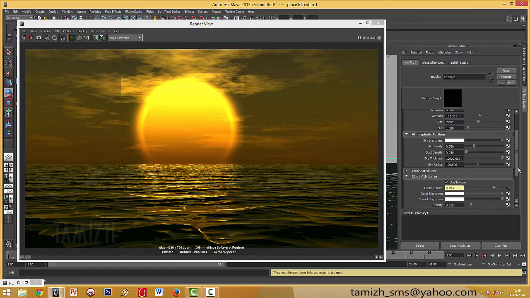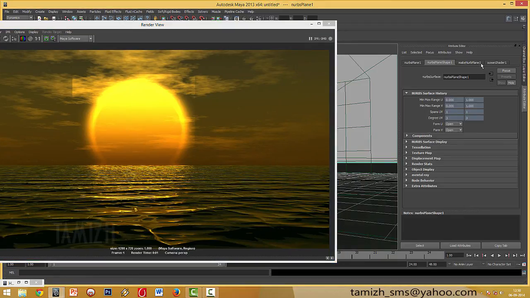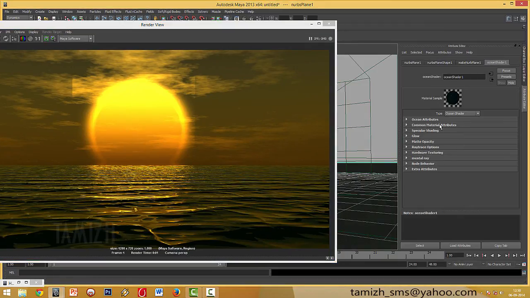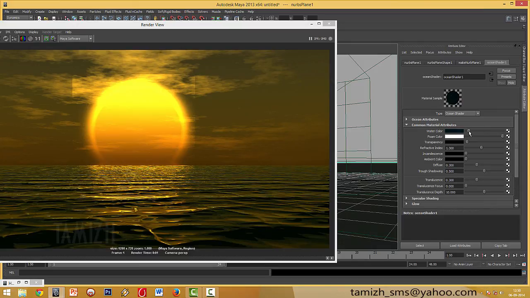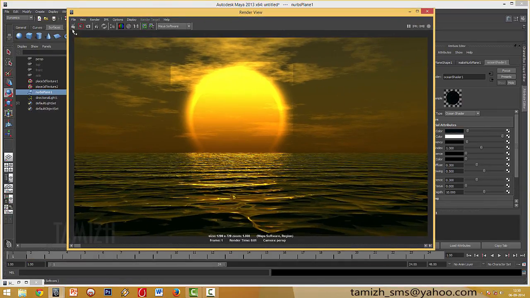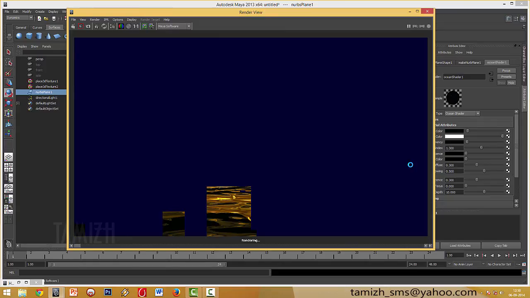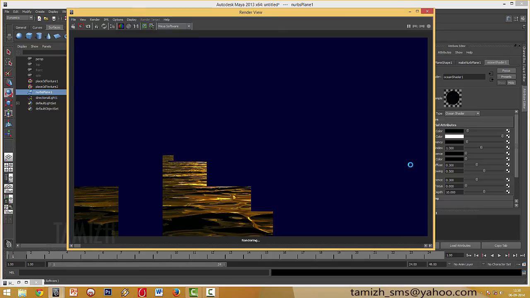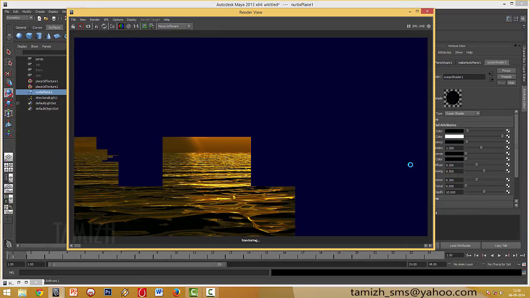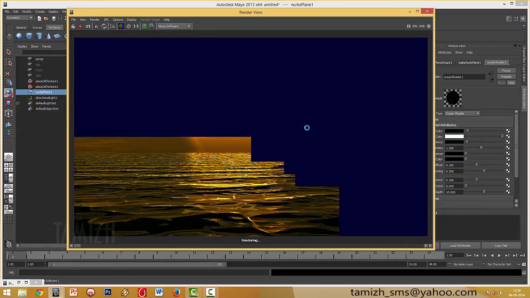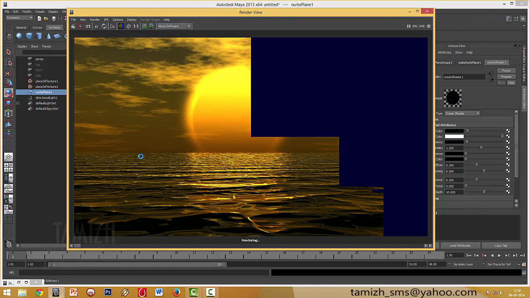Okay, this color I'm going to make a little bit less. The ocean common material attribute, I'm going to make it darker. Okay, so the scene looks somewhat like a sunset. So I'm going to keep some objects to show the depth inside the scene. So I want to keep some ship